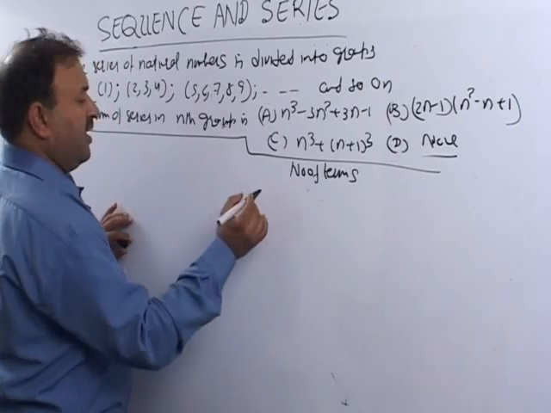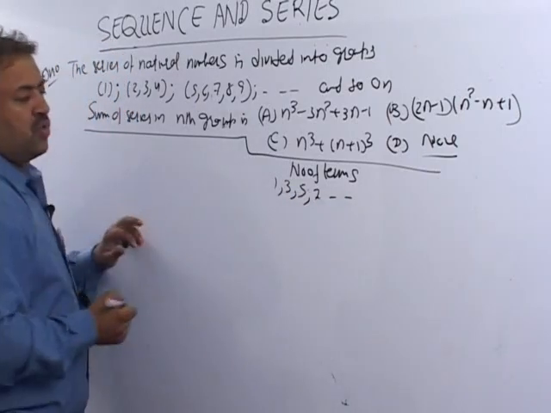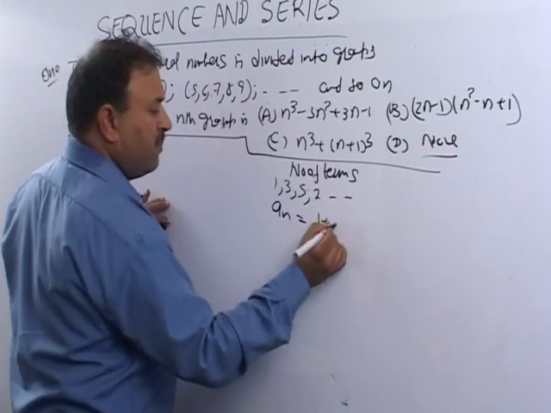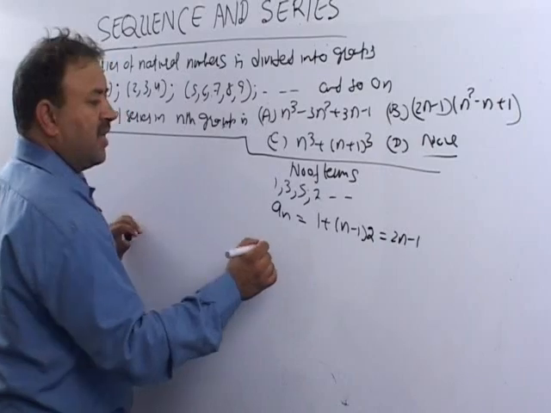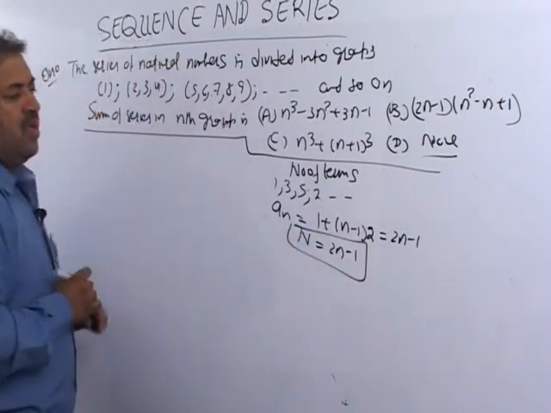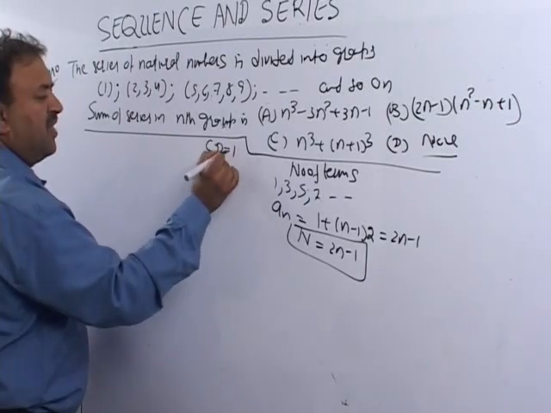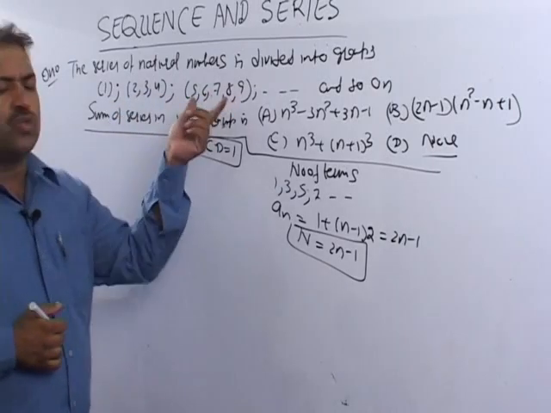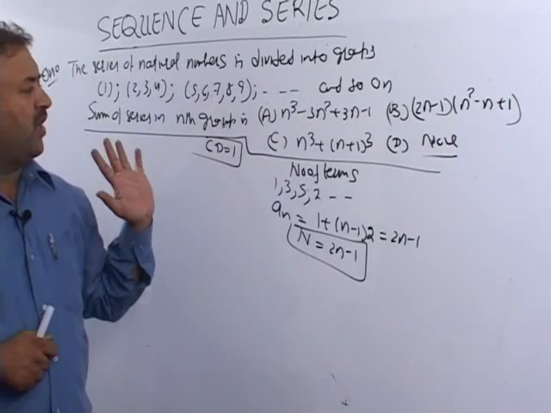The number of terms are 1, 3, 5, 7 and so on. In the nth group it becomes an AP, so it is 1 plus (n minus 1) into 2, which is 2n minus 1. So the number of terms in the nth group is 2n minus 1. The common difference is clearly 1, since the numbers in the nth group follow the sequence.